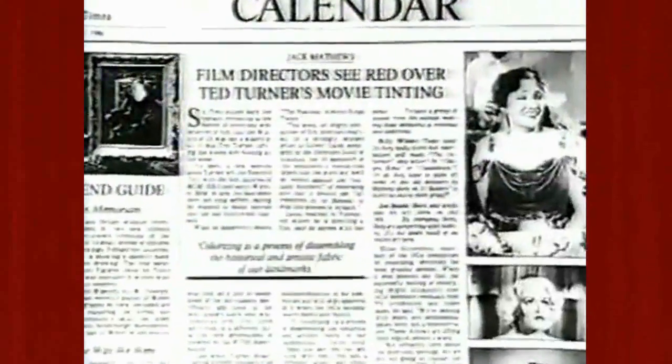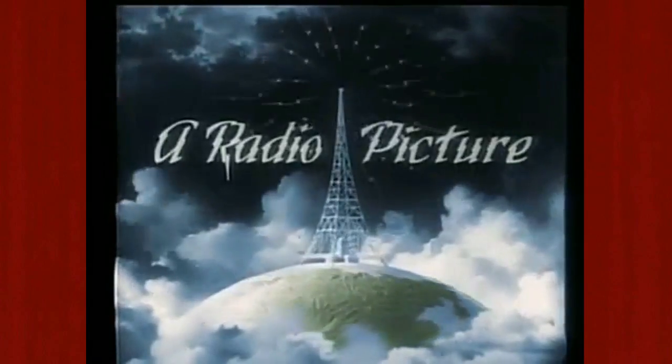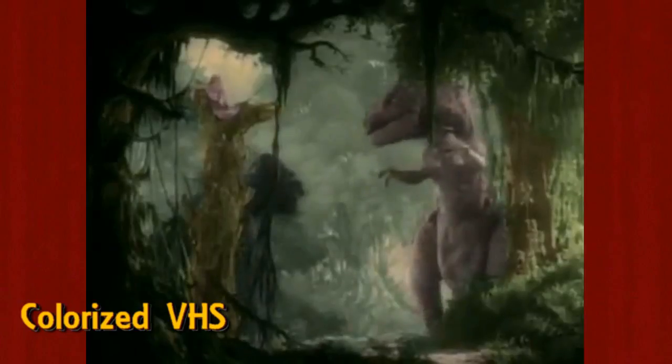Back in the 80s, Ted Turner's way of remarketing old films for a new generation was to colorize black and white movies. The fear was due to kids not having much interest in classic films in the pre-Technicolor era. So Ted took several films, most notably from RKO, colorized many classics from Kong, Joe, and even Cooper and Schoedsack's The Most Dangerous Game. But at that time, it was considered pretty sacrilegious to colorize old films and destroy film history. And one of the advocators was, believe it or not,